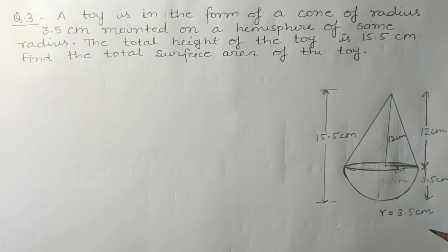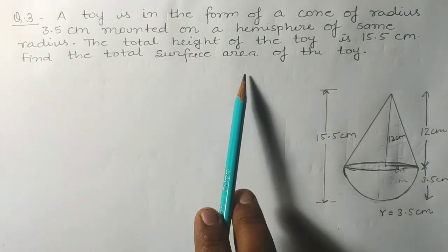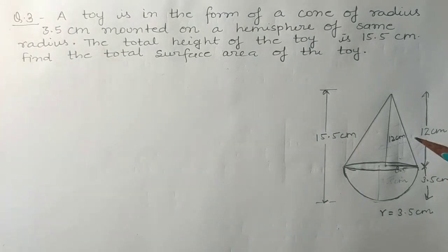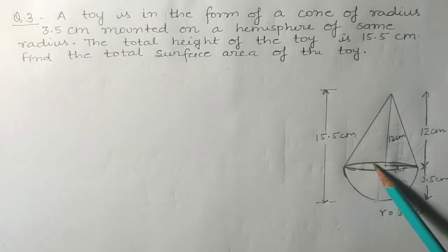Since we have to calculate the total surface area of the toy, then we will add the curved surface area of cone plus curved surface area of hemisphere. Students, why we are adding curved surface area? It is asked total surface area. So in the question it is asked total surface area, means the added area of this cone and hemisphere. Okay, the base will not be added, means the base of the cone and hemisphere will not be added, because